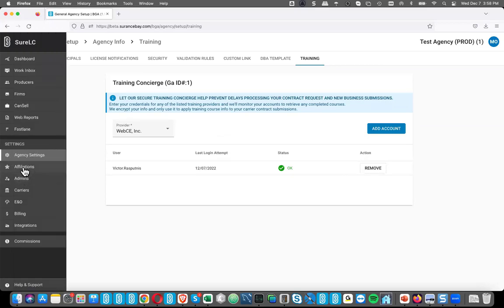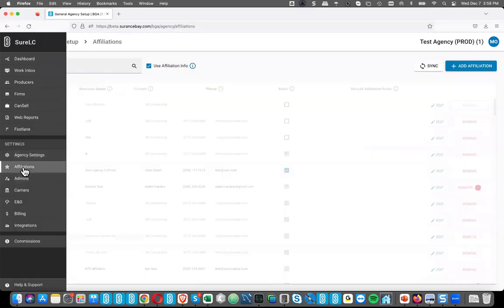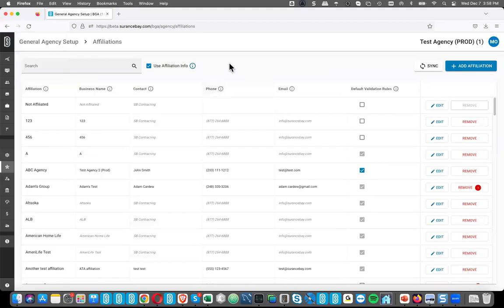Okay. And now I'm actually going to go into the affiliations area because this is a change. Some of you have been used to using what we call strict affiliations for a very long time. That is the feature where, in the desktop version, when you went to the admins tab, there would be that affiliations section on the right where you could predefine a list of affiliations that you could then pick from in your producer list to assign producers to.